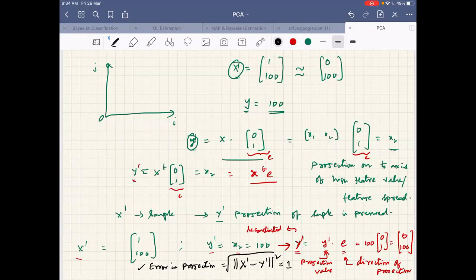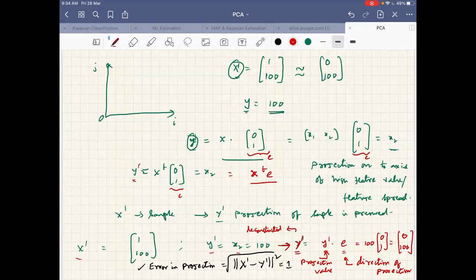Now, instead of projecting onto the Y direction, if I project onto the X direction, what is the problem? Somebody may say that here we have taken the Y direction, fine, projected.